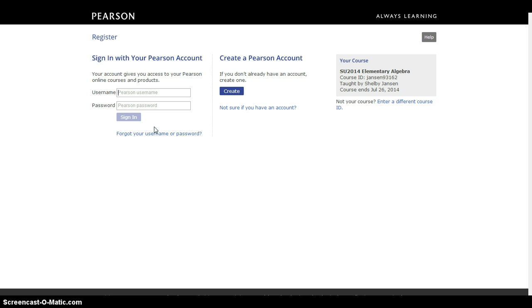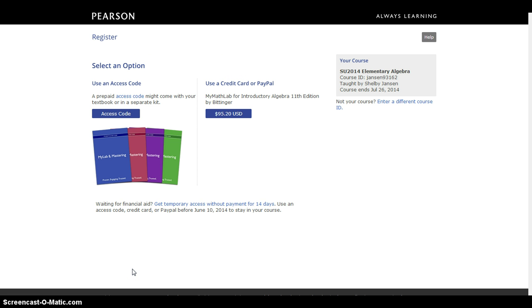screen that's going to ask for payment. And this is the payment screen. If you are wanting to purchase it online, you can purchase the access code for $95.20 using a credit card or PayPal. If you are using financial aid and you have already purchased your access code from the bookstore, then you can click on access code here, and it's going to walk you through putting in your code and setting up your course. It's a 16-digit code, and you have to purchase it from the bookstore if you're using financial